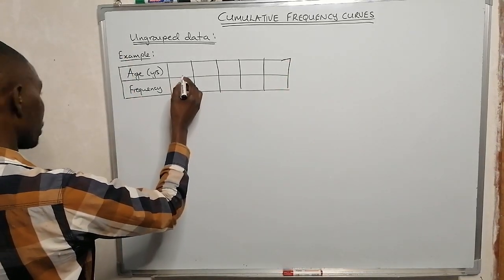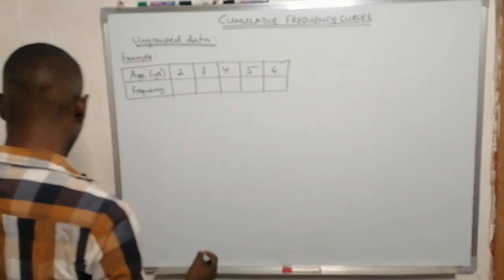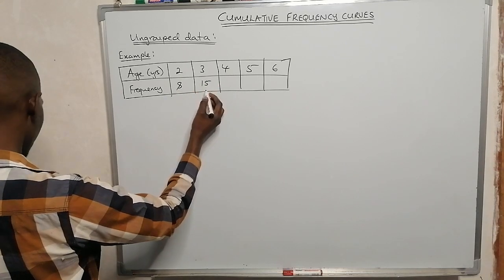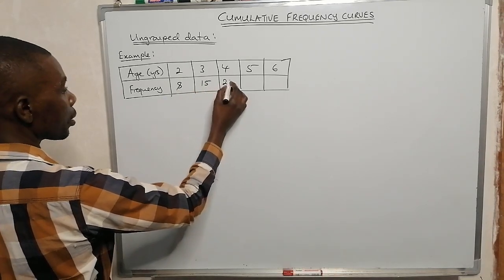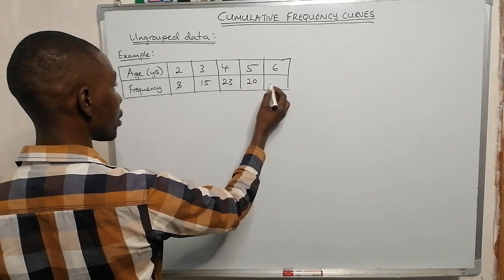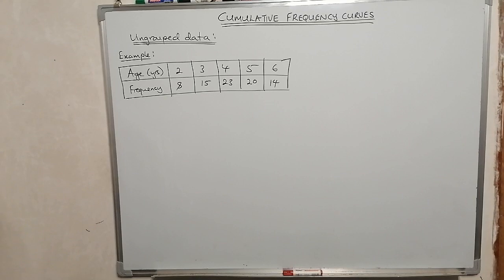Right here we have 2, 3, 4, 5, and 6. Here we have 8, 15, 23, 20, and 14. So we want to plot,